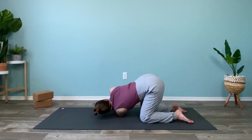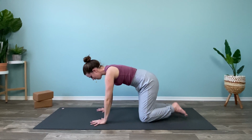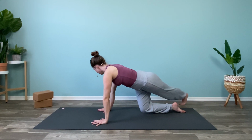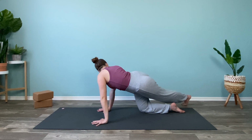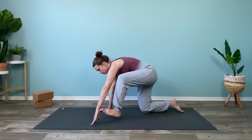Plant this right palm when you're ready and press yourself back up. And then send the left foot out behind you. Coming to the ball of that left foot, slide it to the right side. And then look back to the right at that foot. Bring it back, and then send this left foot,